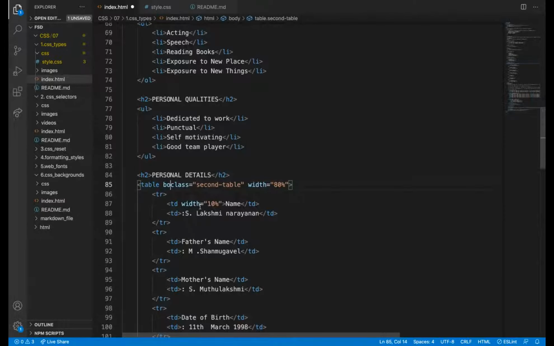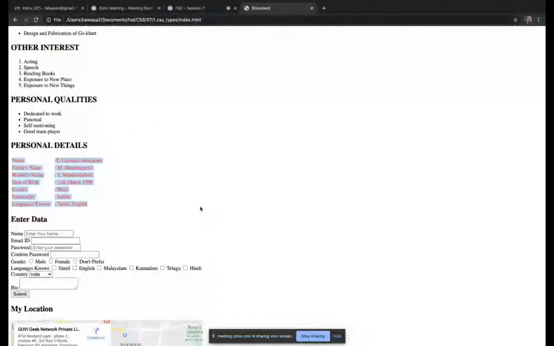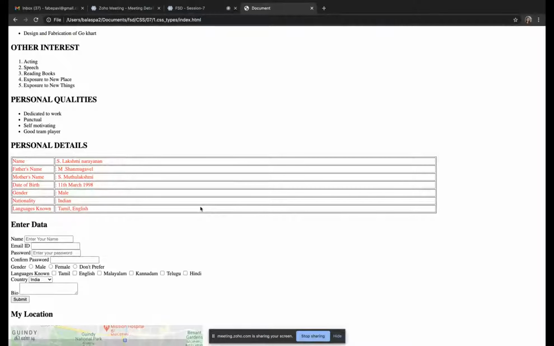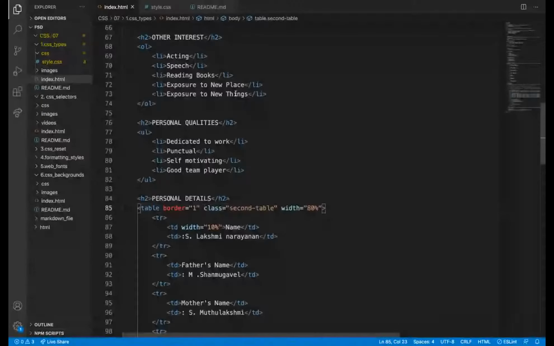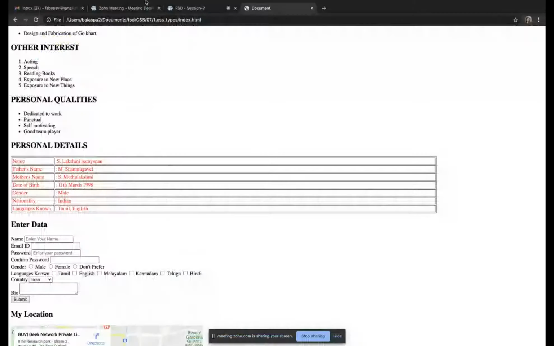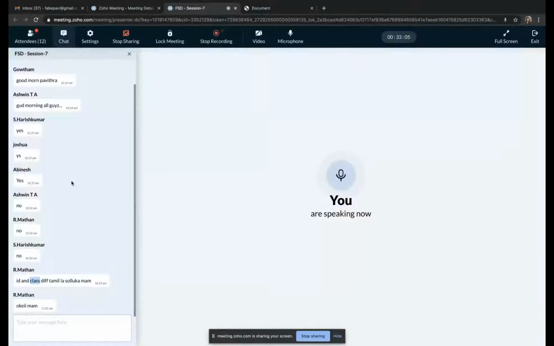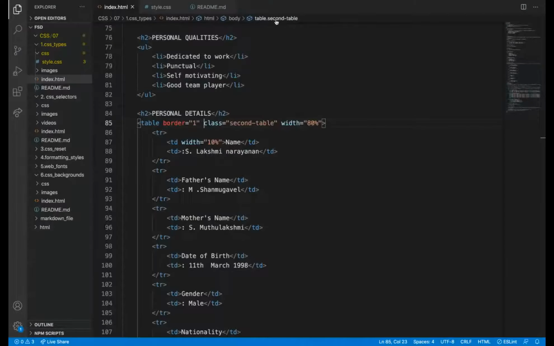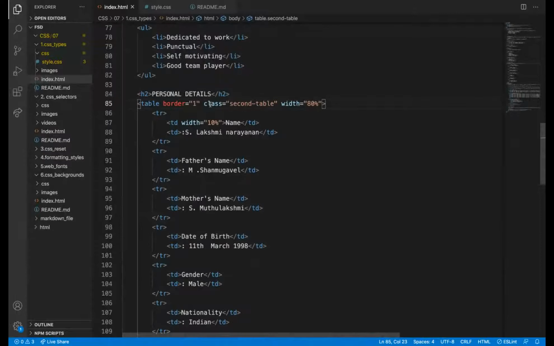So border equal to, I give border, you'll come to know. This is the table. So here, why did I say we used descendant? Okay. Descendant selector. So using this class name, I can specifically write styles for this table tag.